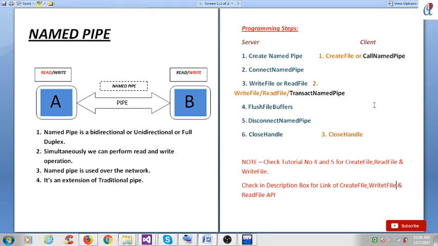Hey guys, this is another video tutorial of Windows system programming. In this tutorial we'll see how to create a named pipe. In the last tutorial we saw how to create the anonymous or unnamed pipe. Basically, a named pipe is an extension of the traditional pipe, so there are certain advantages over